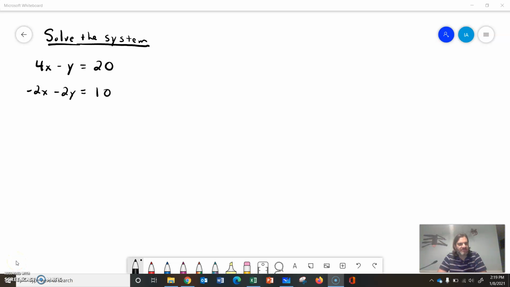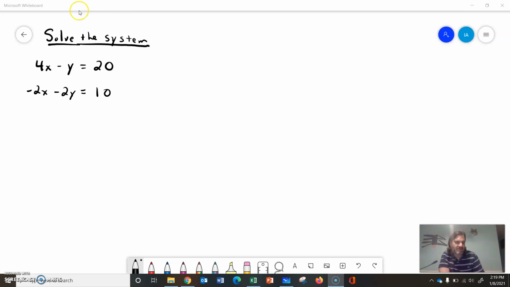We are solving a system of equations. The first equation is 4x minus y equals 20. The second is negative 2x minus 2y equals 10. I'm going to use this one by